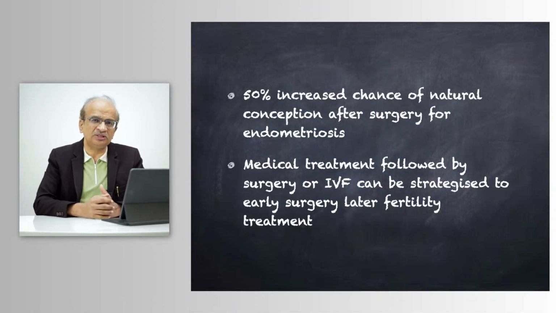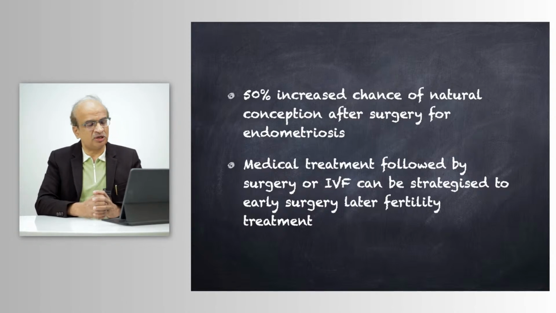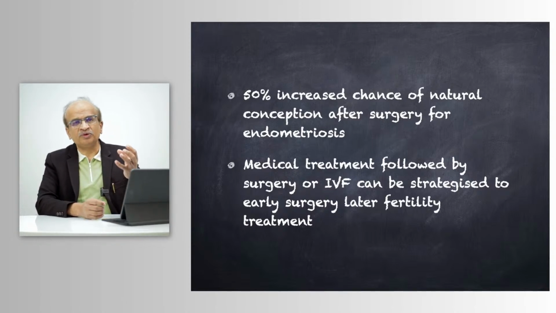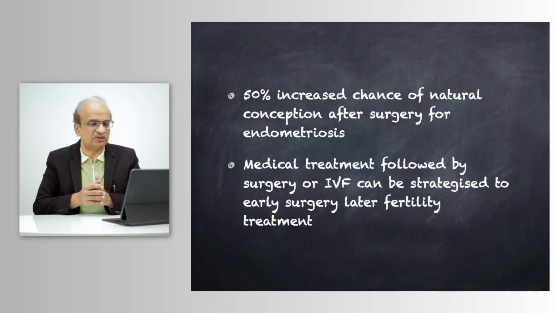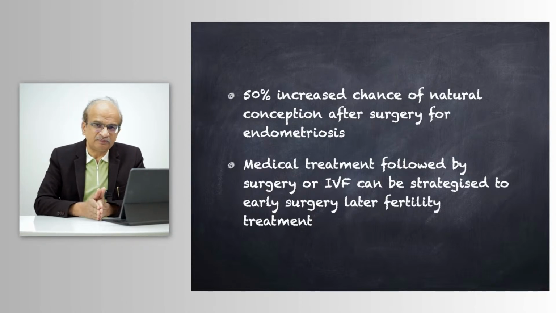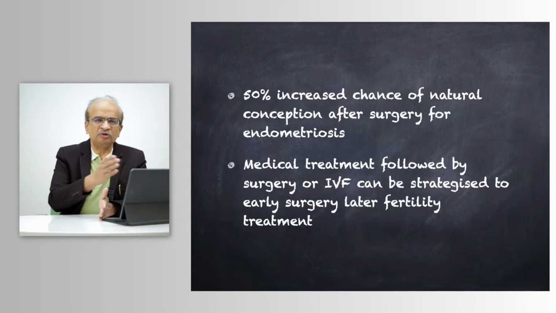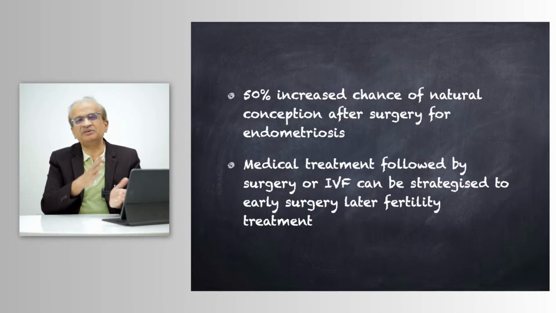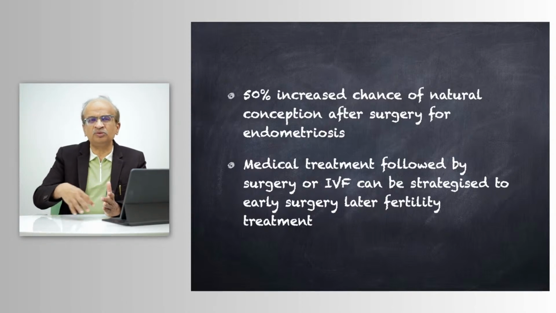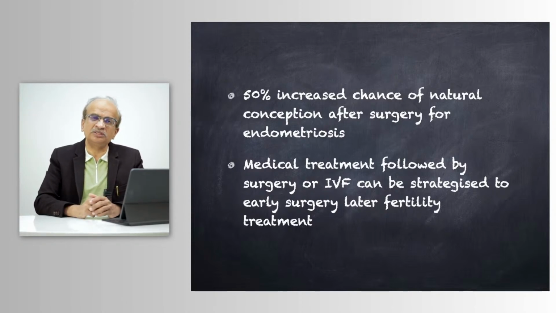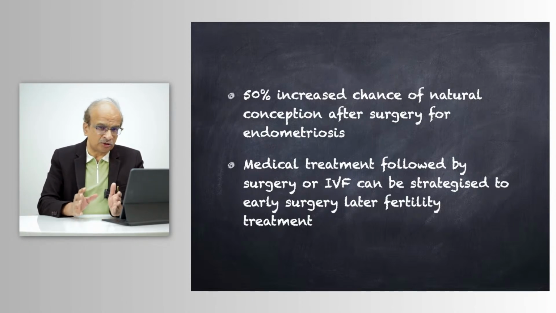But when you do surgeries, the literature has noticed that there is a reasonable increase in the chance of spontaneous pregnancy. So I think when it comes to a lesser age, endometrioma with a good ovarian reserve, surgery will have its own advantages. Generally what we do after surgery is give some medical treatment like maybe Dienogest or GnRH agonist, and take them through routine protocols of COS, IUI, and then going for IVF. And that probably may not work well.